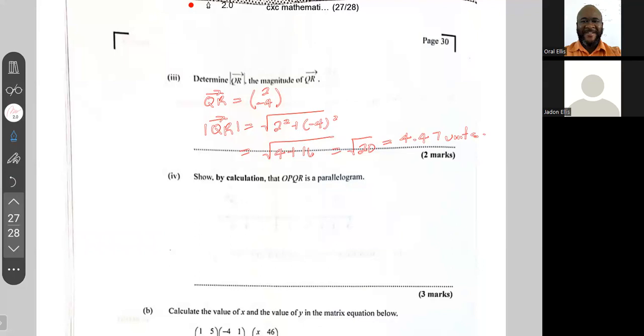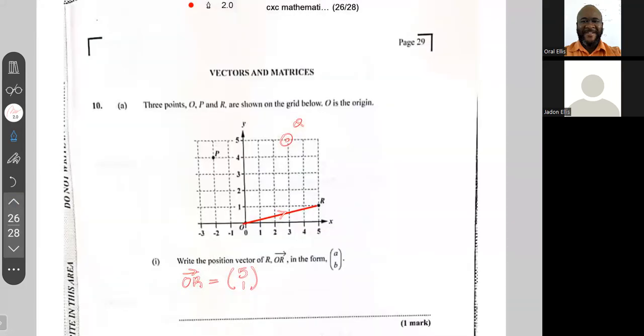By showing that one pair of opposite sides are equal and parallel, you're showing that the quadrilateral is a parallelogram. Going back to our diagram,